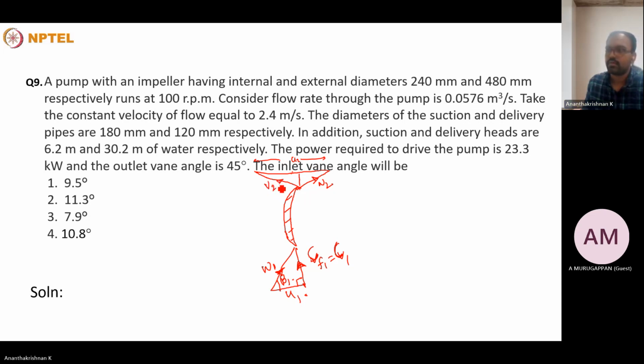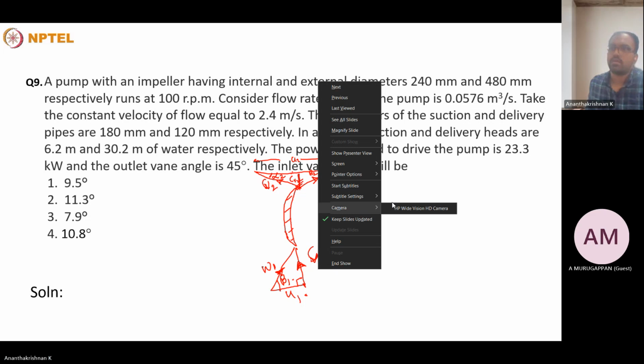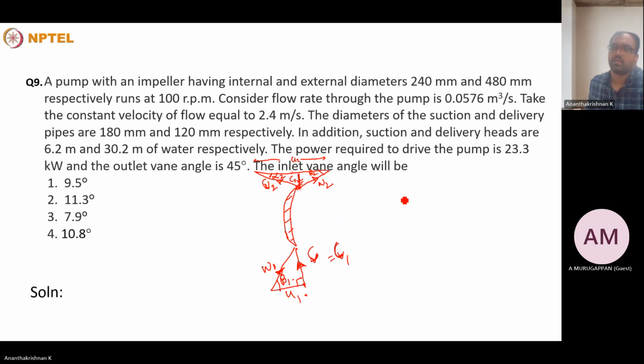This is C2, alpha 2. This is beta 2. And this is CR2. In this particular problem, this is CR1. We have been given CR1 is equal to CR2 is equal to 2.4